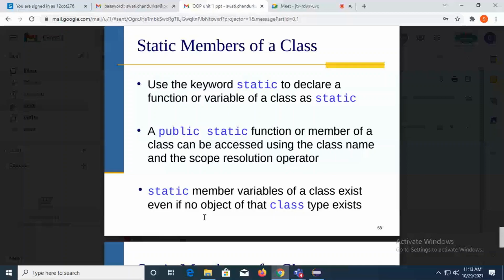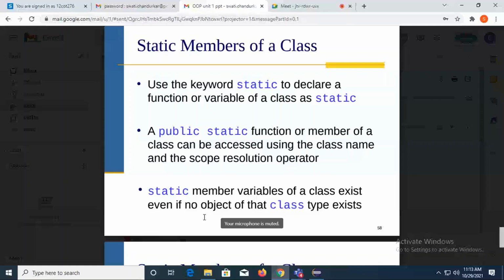Now, when we talk about static, I will just show you with the help of a code, because there are certain rules that we need to follow. If I'm defining or declaring a variable as static, it needs to be explicitly defined outside my class. The static variable which is declared in the class must be defined outside the class with the help of the scope resolution operator and the class name.